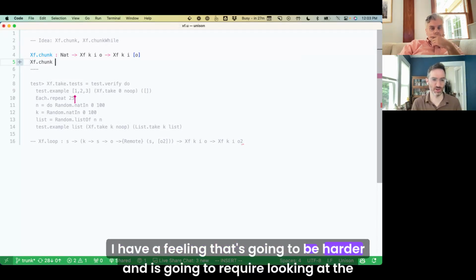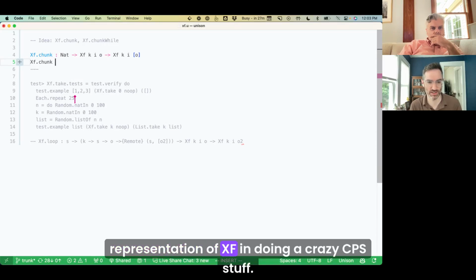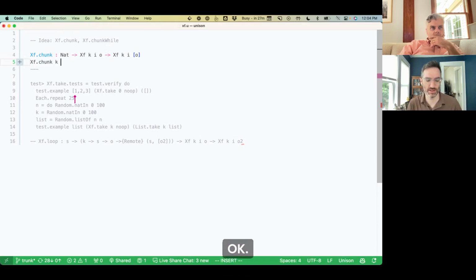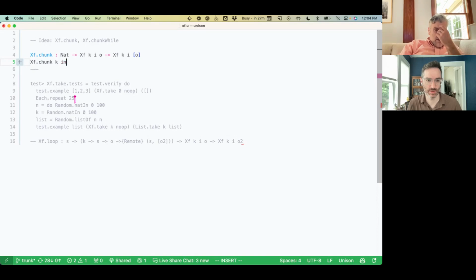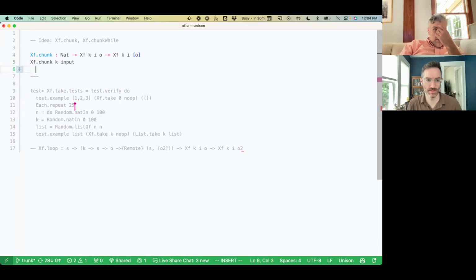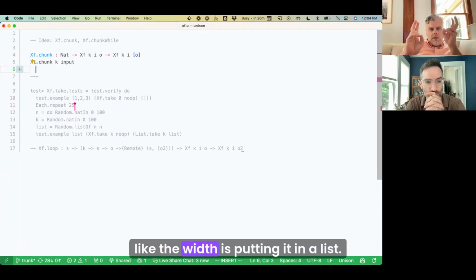I have a feeling that's going to be harder and is going to require looking at the representation of XF and doing crazy CPS stuff. Okay. Yeah, maybe. But like chunk could be written in terms of that. Or like the width is putting it in a list.